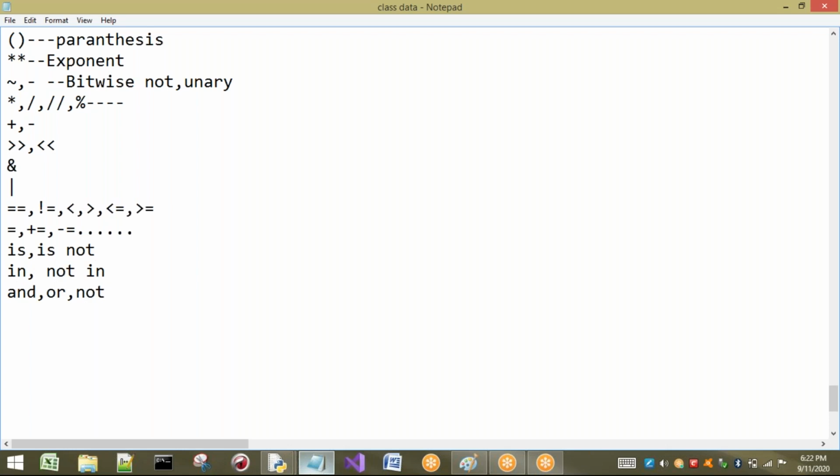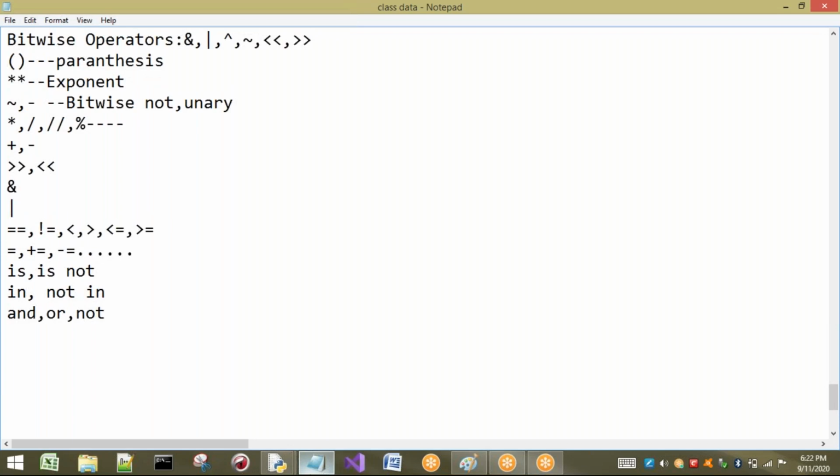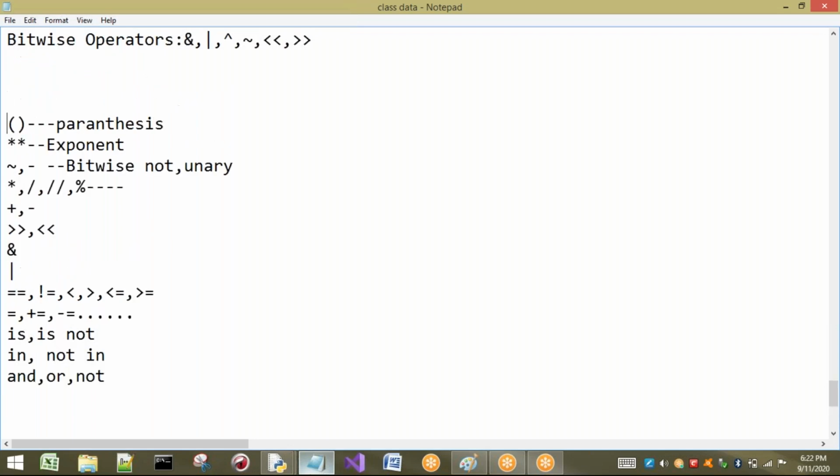So compulsorily, this hierarchy has to be known by you. The reason is, when you are going to perform some operation, if you don't know about this operator precedence, it may lead to confusion. For example, we have done 2 plus 3 into 4. First you may perform 2 plus 3 and later into 4, but it is not the correct case. So first we have to understand which is having highest precedence and which is having least precedence.